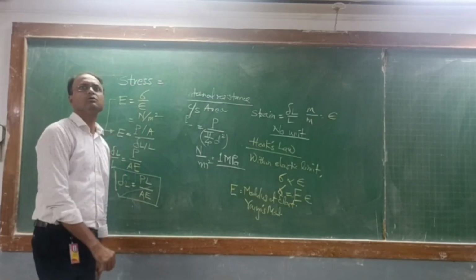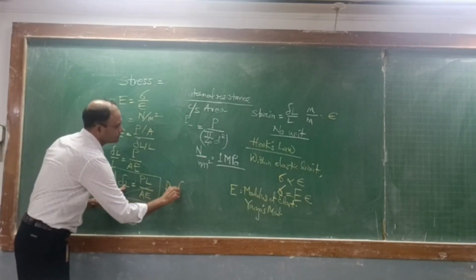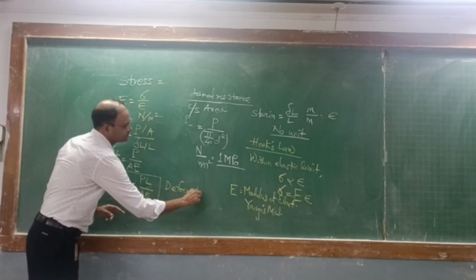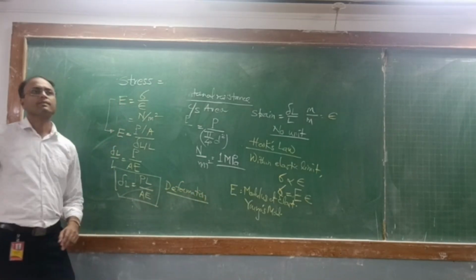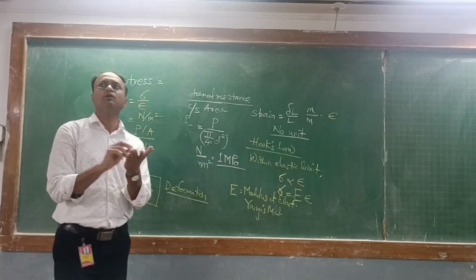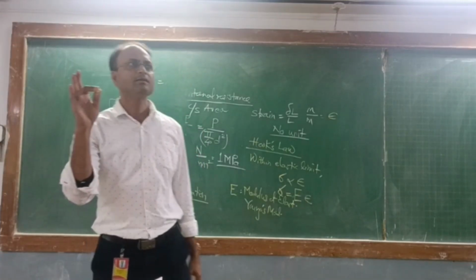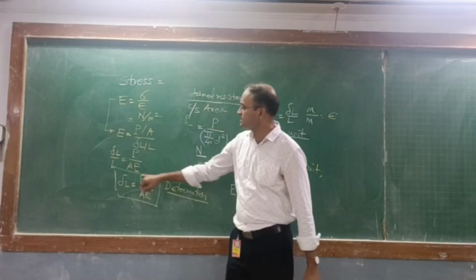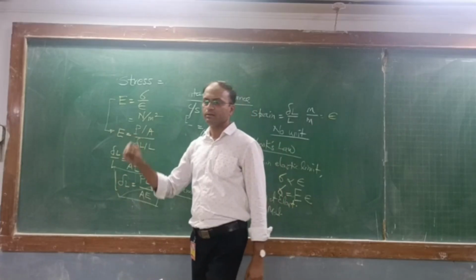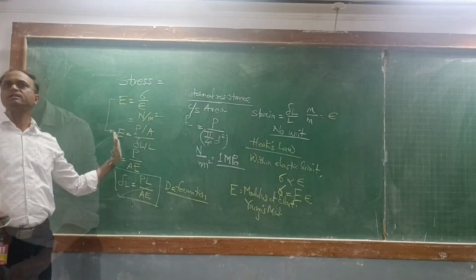What is the other word for the change in length? Deformation. Change in length is also called deformation. Okay. So in a numerical it may be mentioned, calculate the deformation in the rod or the bar. So what is deformation? Deformation is nothing but change in length. Okay. So we have understood up to stress, strain, and finally change in